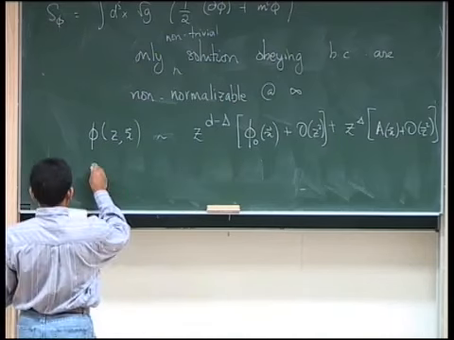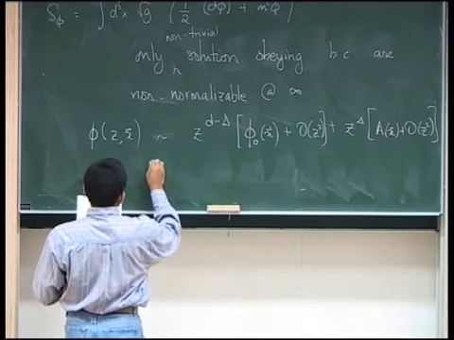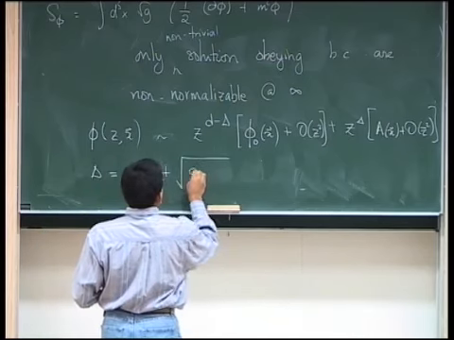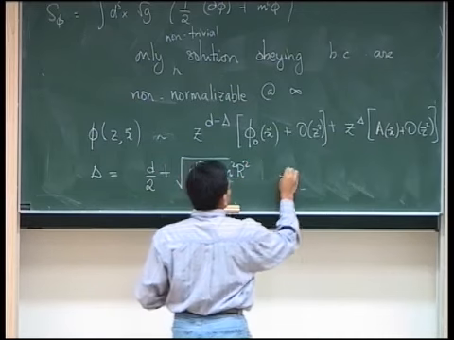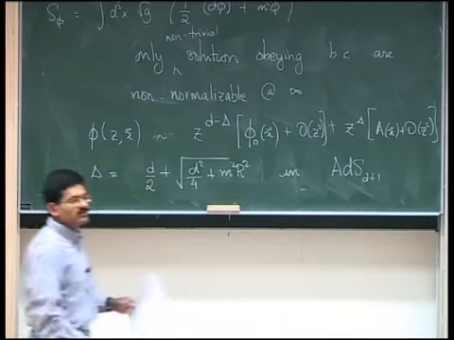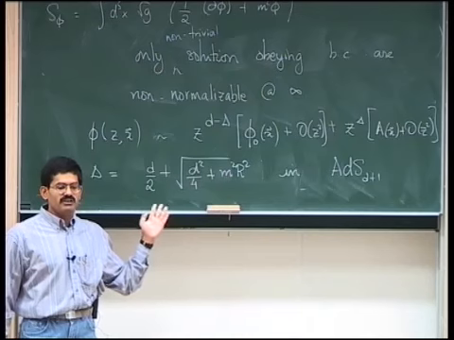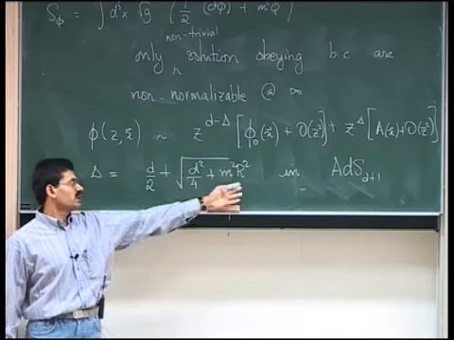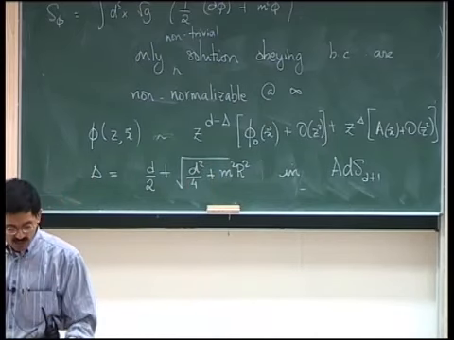Provided, so delta, remember, was obtained in terms of the mass of the field, and now for complete generality, let me just give you the answer for delta in AdS d plus 1. So clearly, when it's AdS 5, you get 2 plus the square root of 4 plus m squared r squared, which I had before. So it's this bit